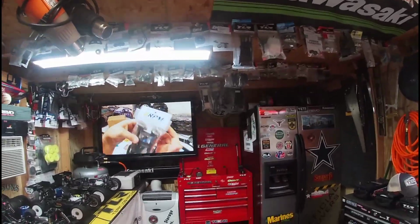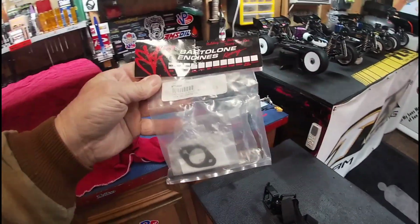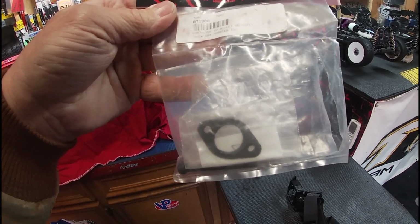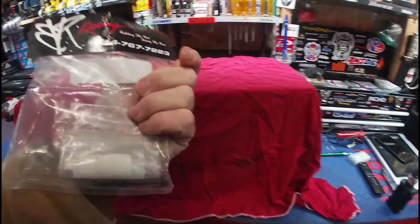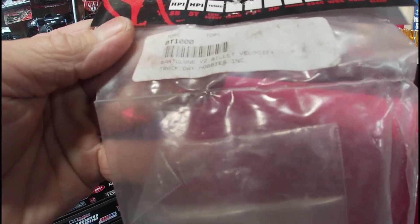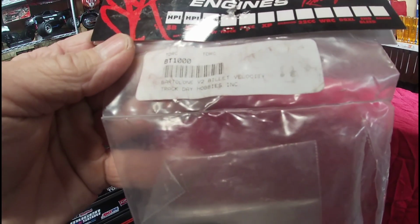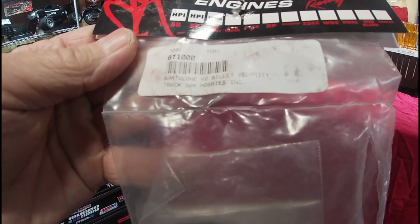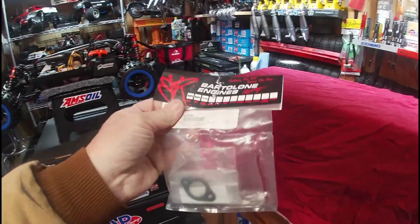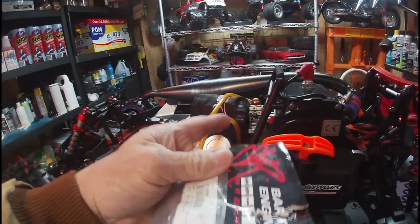Also, if you go over to DDM, we're going to be picking up another one or two of these. This is the Bartolone Racing V2 billet velocity stack, aka the glory hole. Part number on that is BT1000. I think that's the part number. That might be DDM's part. No, that's Bartolone's BT1000. That's the glory hole velocity stack that you guys saw John Bodegel mod this one for me